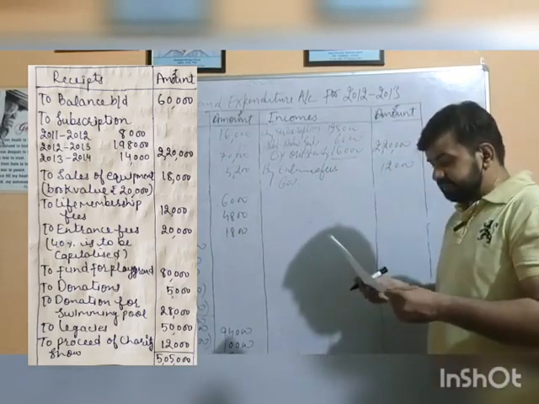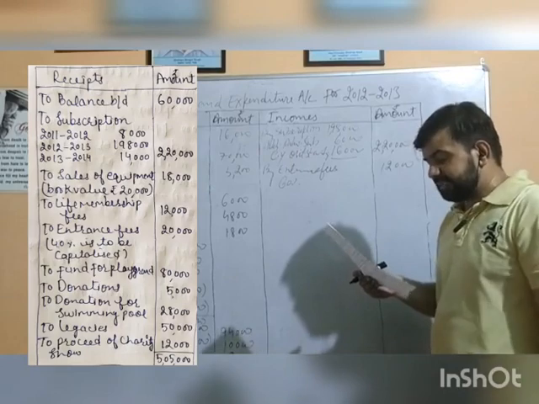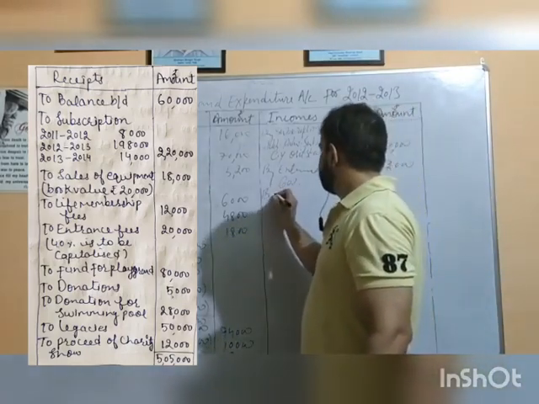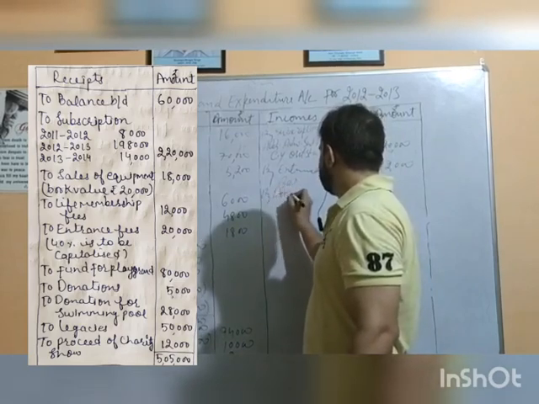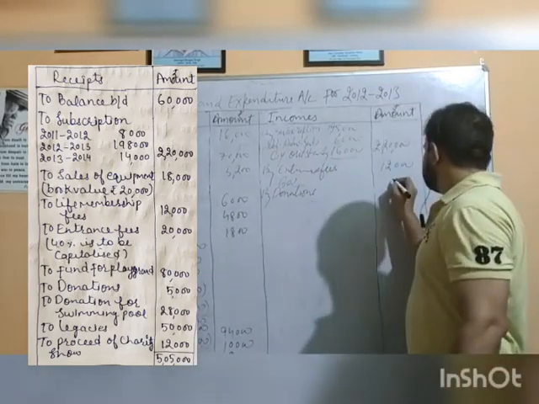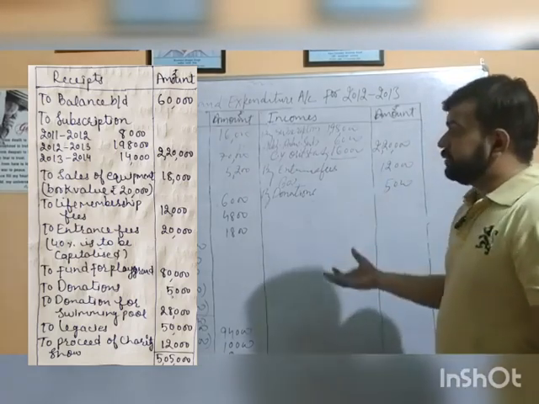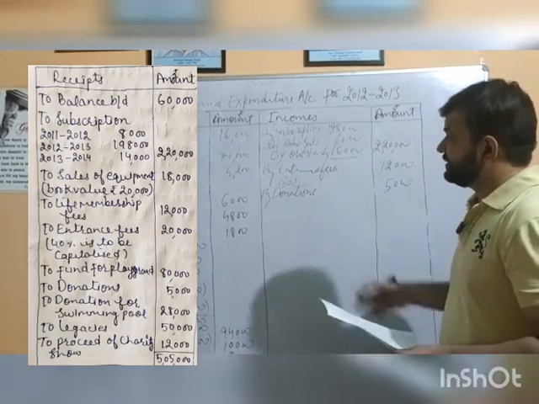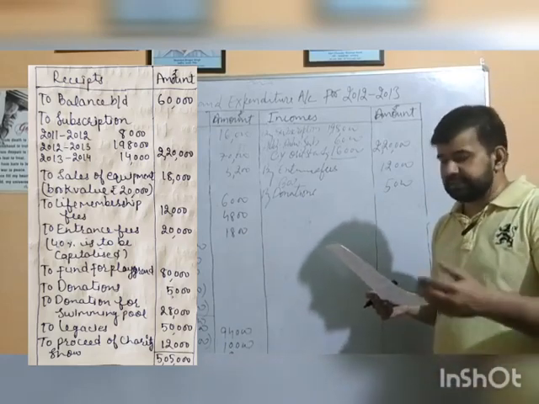Easy calculations. Fund for playground is a capital nature receipt, shown on the balance sheet liability side. Donation: general donation is to be written here. You can write general donation or just donations, rupees 5,000. I'm expecting that you can read all this scrambled writing. Sorry for this, but we are short of time and this space is also quite scarce. That's why we have to write in this fashion so that we can understand in a better way.